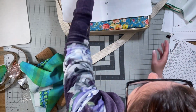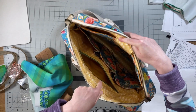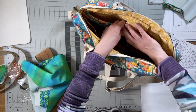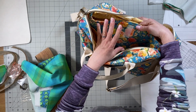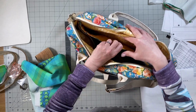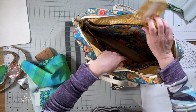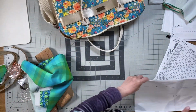Okay, so for the laptop pocket, this is the pocket here with the tab closure inside the bag. This is my laptop pocket, and it will have an exterior piece. So really it's 2 lining pieces, but I used my exterior fabric in this one, and then another lining piece for the back. And inside will be some interfacing. So looking at the cutting chart,